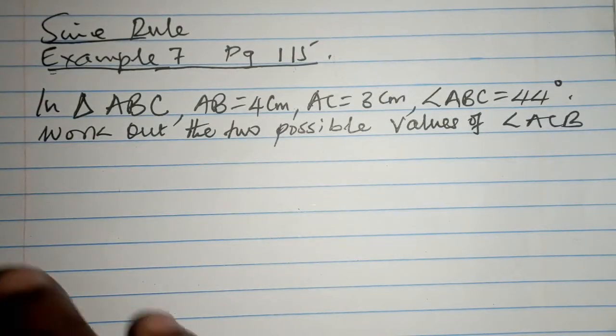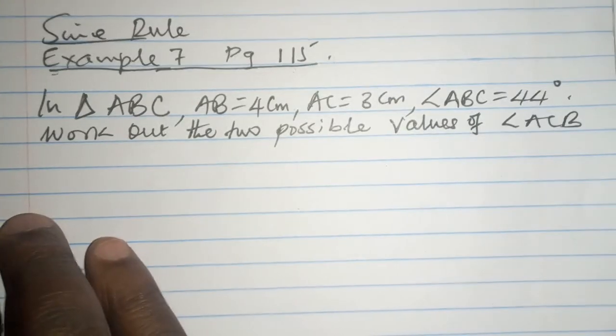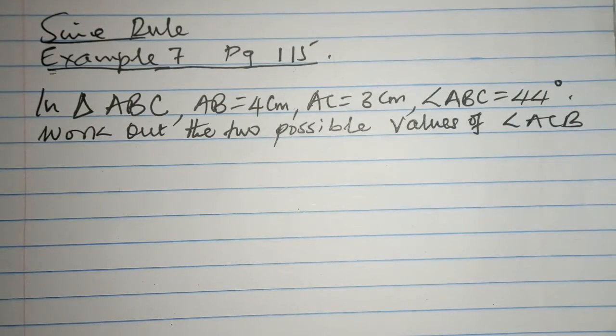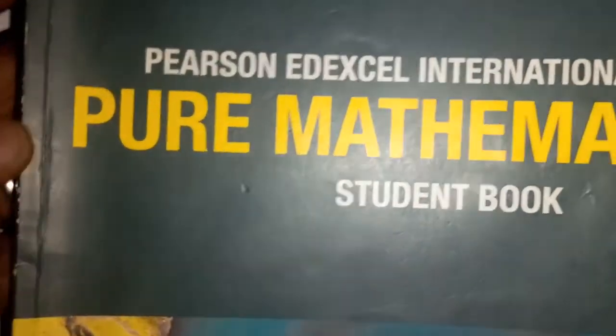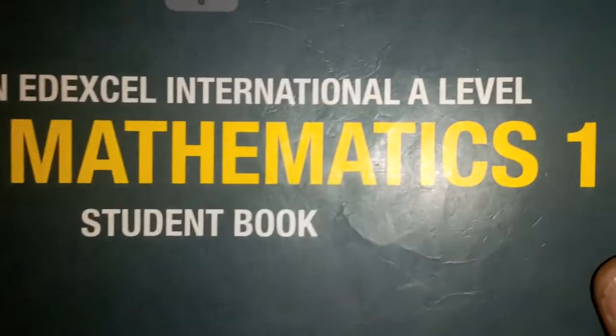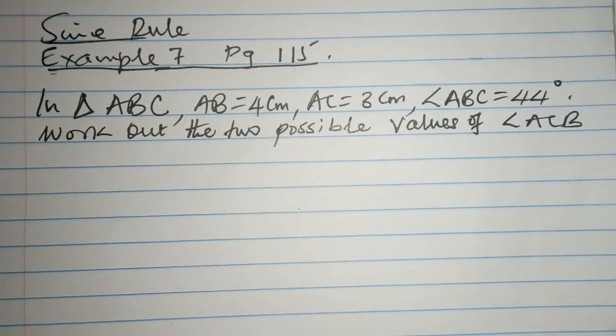In example 7 on page 115, again we are explaining this book, Pure Mathematics 1, topic number 6. We are going to look at an interesting question whereby we need to apply the sine rule keenly and very carefully, because we are told that